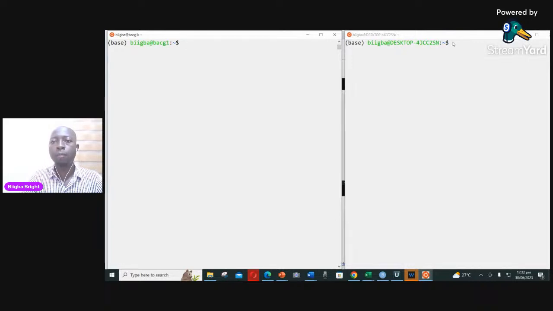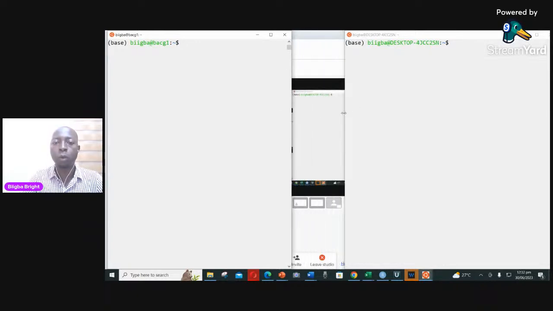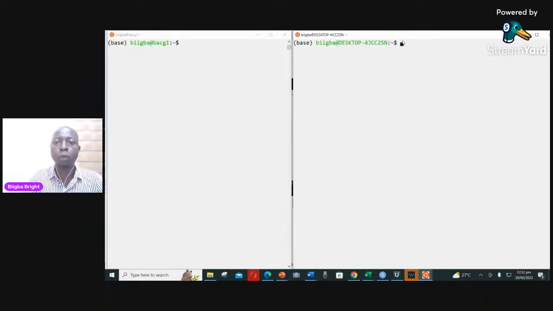So this is my local terminal. Now, this particular terminal on my right hand side works with my local computer. I'm going to use this terminal to navigate around my computer, this particular laptop I am using right now. This one is already connected to a remote server, that's another computer seated far away from here. I should be able to copy files from my computer here to the server, and allow the server to work with it. Then I bring the files back here. Those are the processes. So for us to do a multiple sequence alignment,